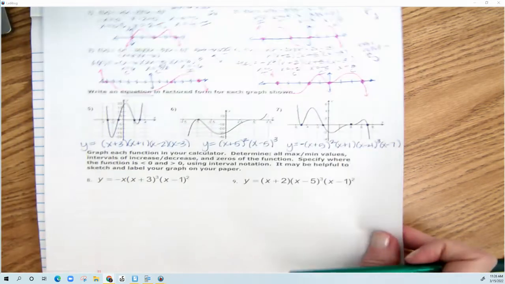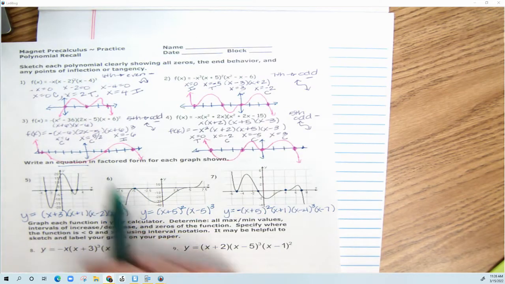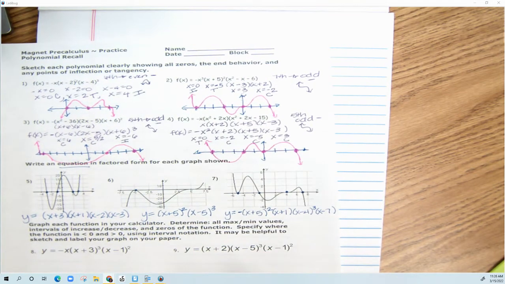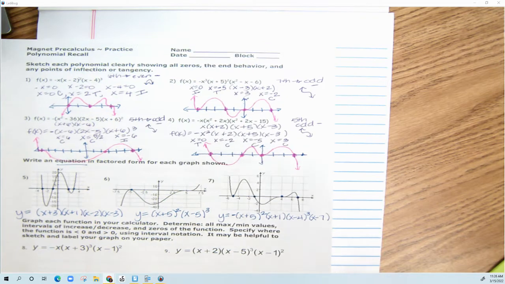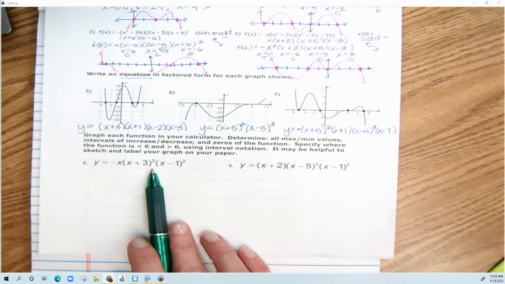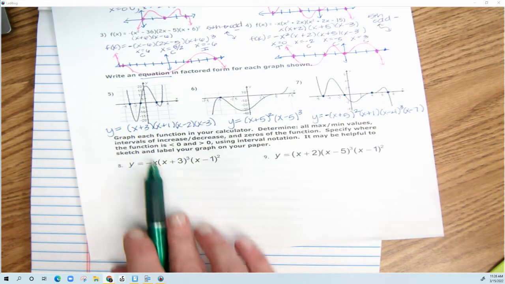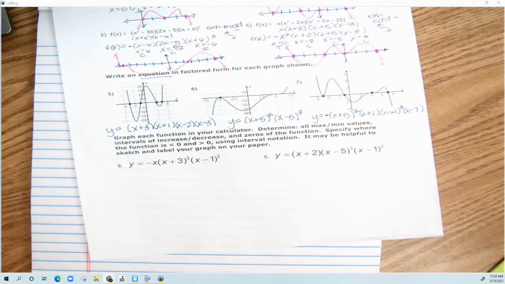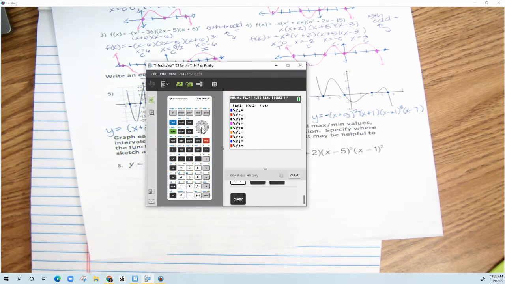All right, and then lastly, I said on the curves up here, it didn't matter how low or high you went before you turn, because we're going to use our calculator for that. This is just where you put it on the calculator and then answer questions about it. So let me bring up the calculator. I'm going to put the function into y equals